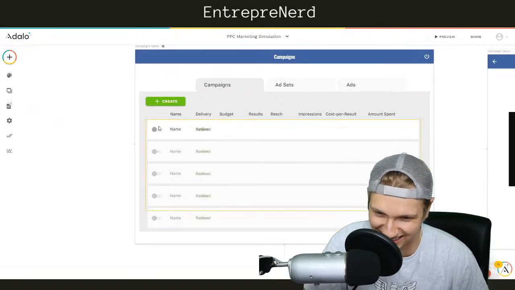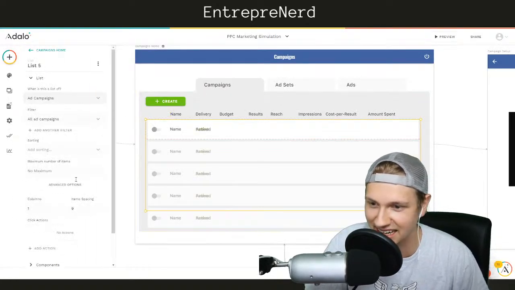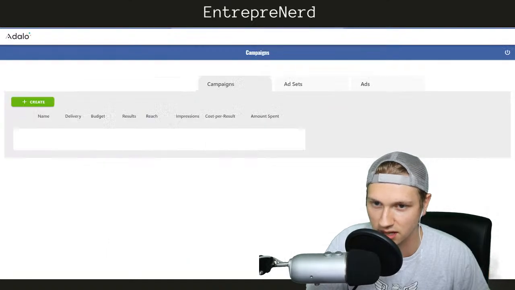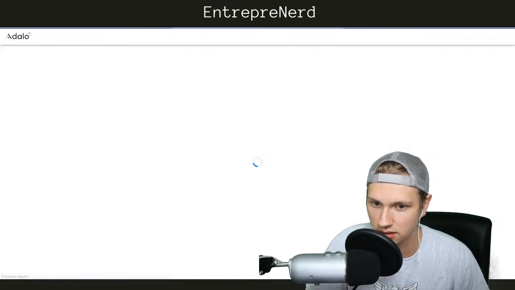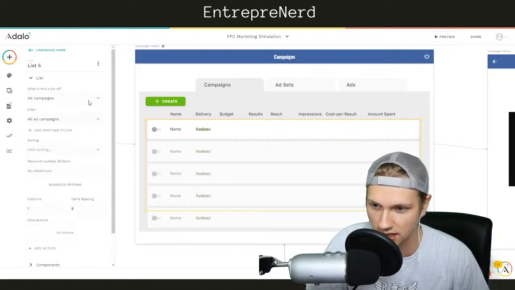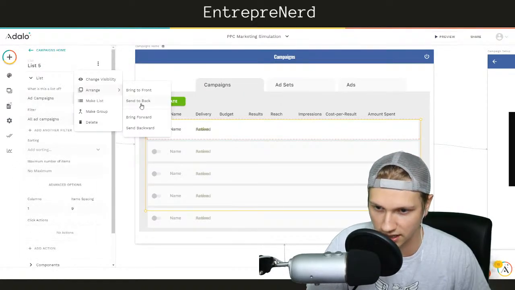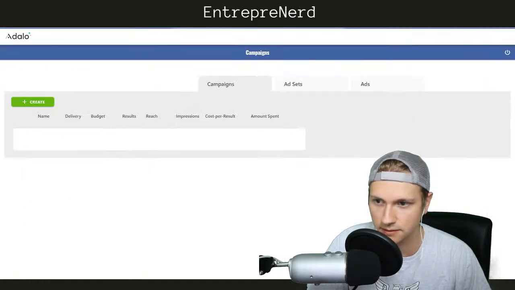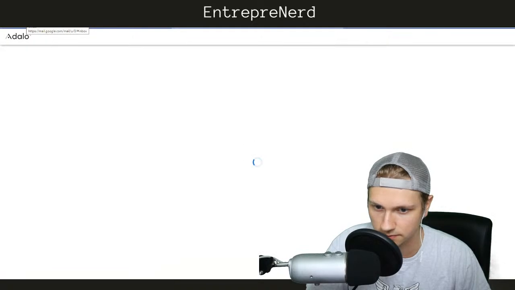Nothing. Okay, so we're still not getting through to this. Edit styles, masonry layout. Maybe if we take that off, let's see what happens there. No, so the items are still behind this block. So let's arrange, send it back. Does that change anything?